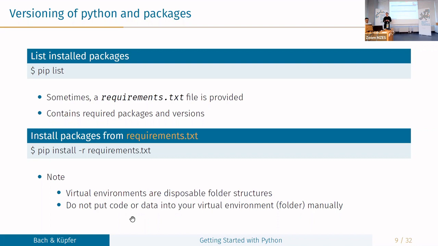in this virtual environment? And as Andreas mentioned earlier, sometimes you see a repository or somebody shares code with you and they have this requirements text file, then you can use it to install the correct version of Python, the correct version of the packages, and the packages that you need. And installation from a requirements file, it's very easy. You just say pip install -r and the name of the file requirements.txt.